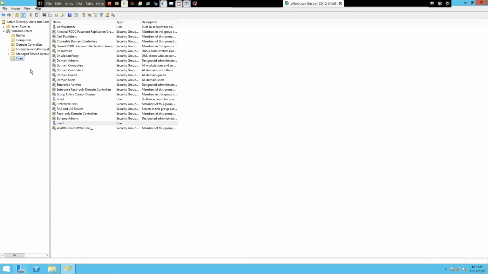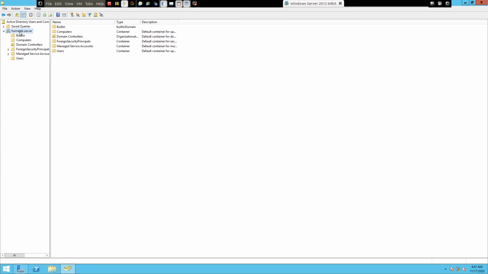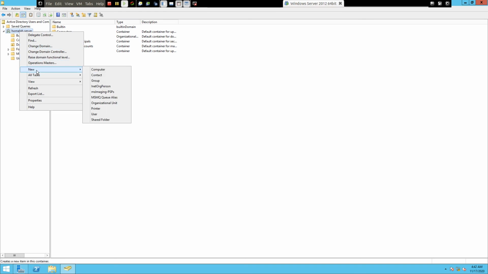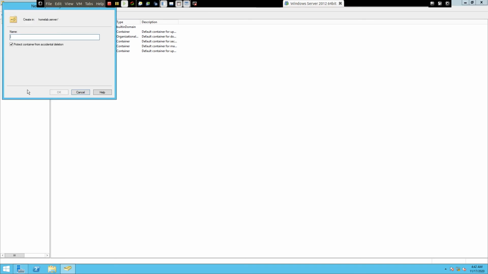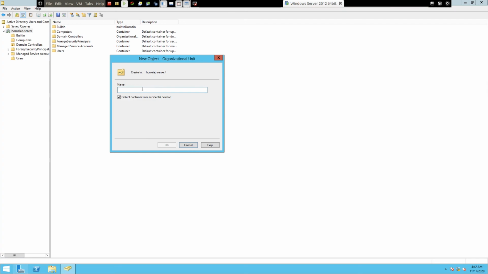To create a new organizational unit, all you need to do is go to homelab.server, right click and choose New, Organizational Unit. You need to give a name for this unit. Suppose let's say CSC, computer science engineering, and click on OK.